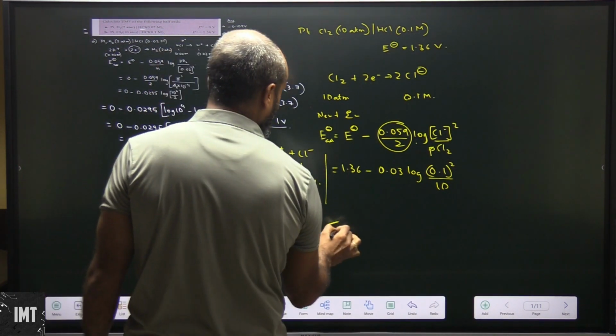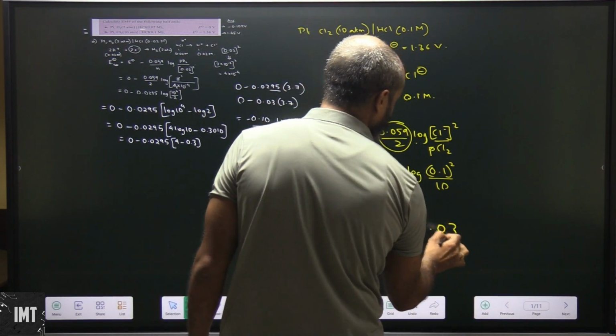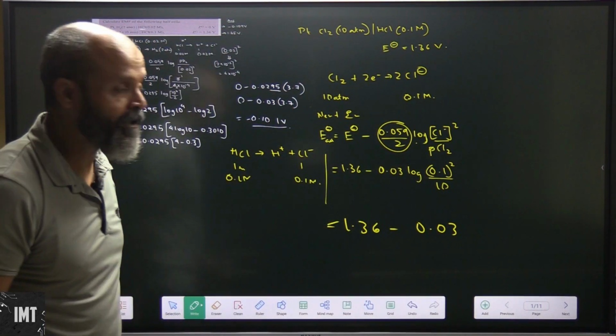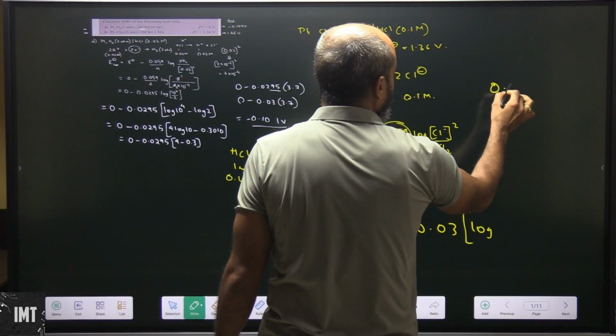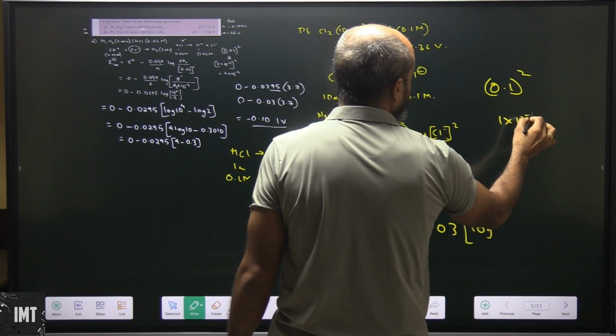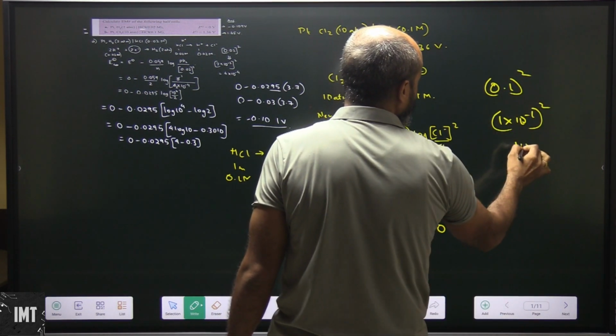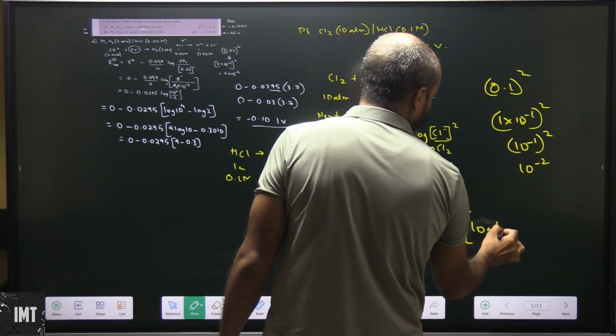So this is going to be 1.36 minus 0.03 log of 0.1 squared, which can be written as 10 raised to minus 1 squared, or rather 10 raised to minus 2,